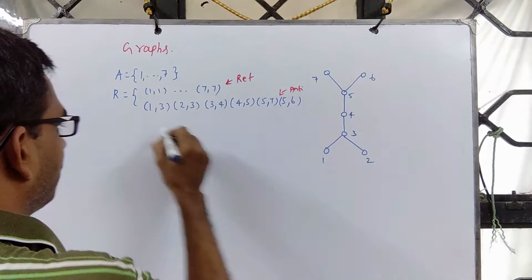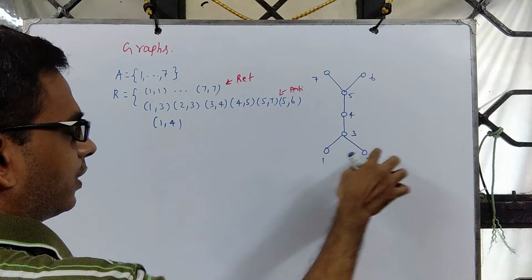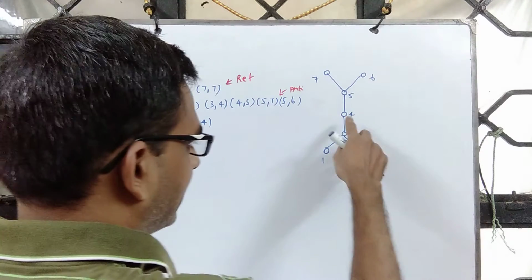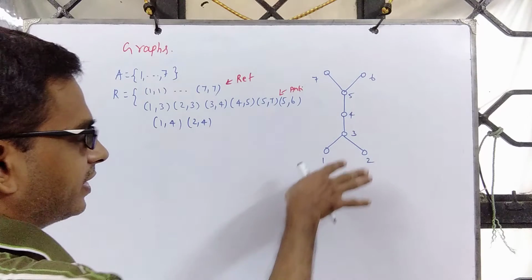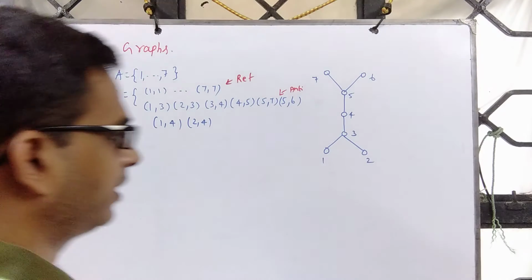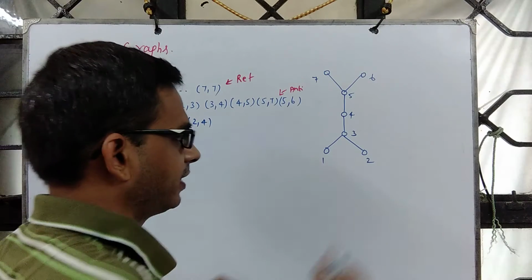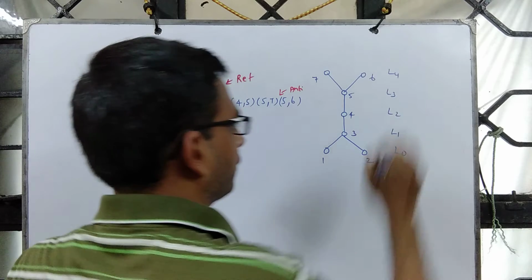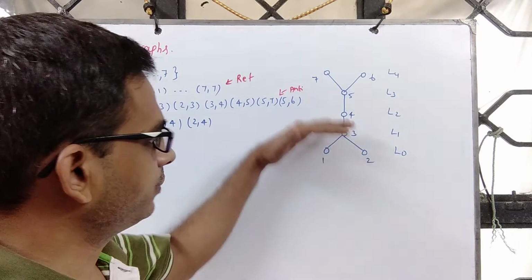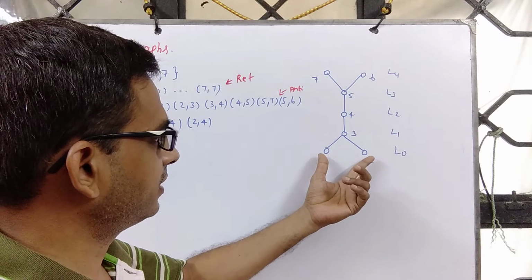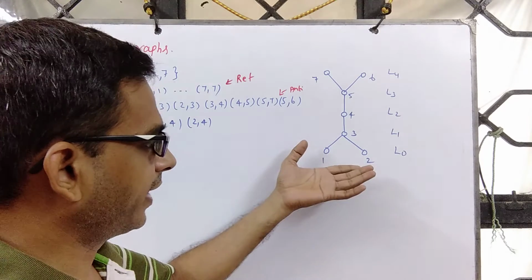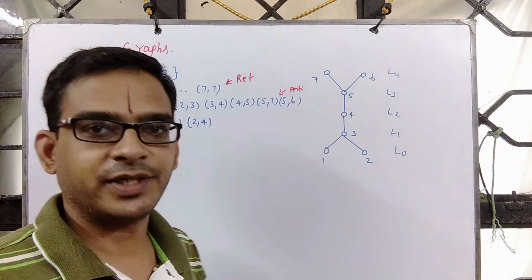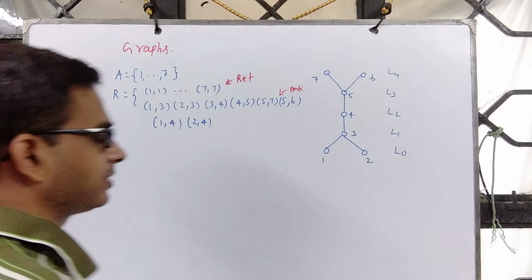1,3 and 3,4, so 1,4. 2,3 and 3,4, so 2,4. We are dropping those arcs because the construction says there is an arrangement. In the arrangement, you get to see that these vertices are at L0, L1, L2, L3 and L4. Because of the arrangement, these vertices occupy L0, the least level, and these vertices come after this. There are specific applications which we shall see next.